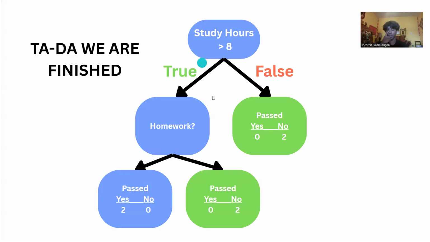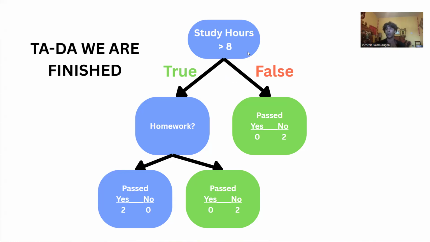I'm sure now all of you are thinking, how can we use this for AI? Well, this is a type of AI model, decision trees. What it does is create these branches for your data set, and then the model makes a prediction based on this. So for example, you give it your data set and ask, can you tell me what your prediction is when I studied 9 hours and I did my homework?